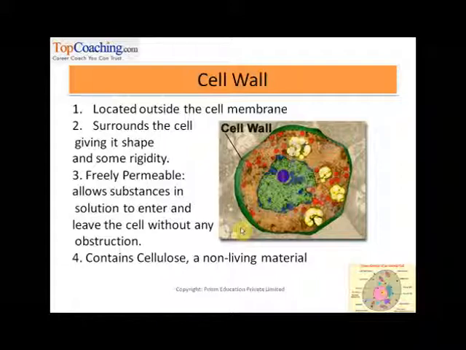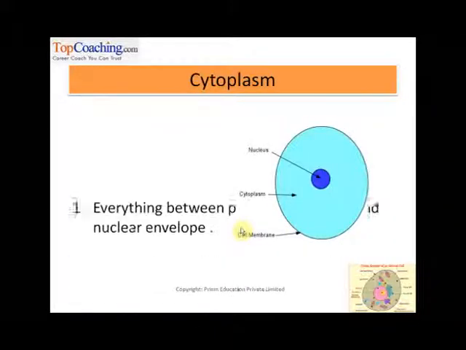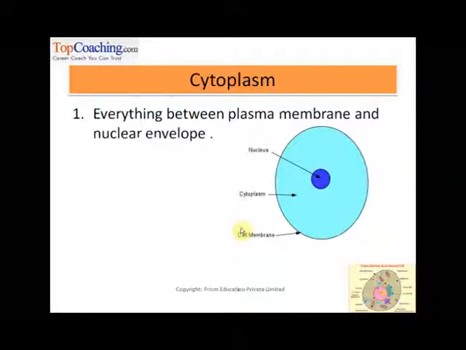Now we go to cytoplasm. Basically everything between the cell membrane or the plasma membrane and the nucleus is cytoplasm. So we will slowly build over this structure to make a complete cell. For now, take it as simple as this: this is the nucleus, this is the outer cell membrane, right? And everything between this, the sky blue portion, is cytoplasm.